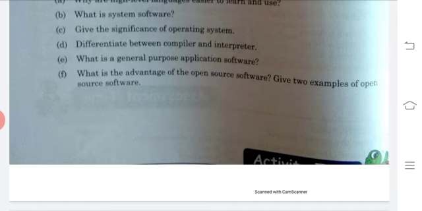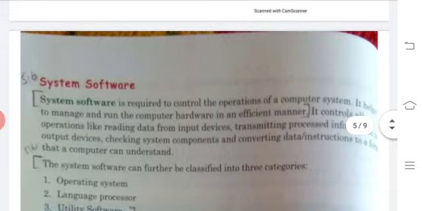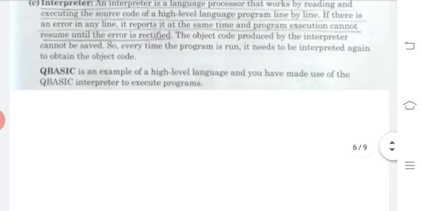So I will discuss that open source software is that type of software that is available free of cost on the internet, and we can get it directly from the internet free of cost. Okay, so here the answer, what are the advantages? So your answer will be here,